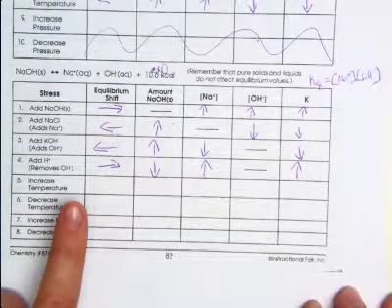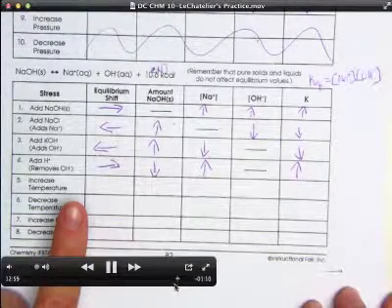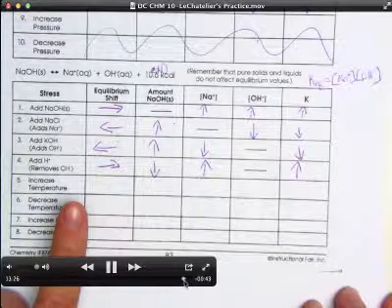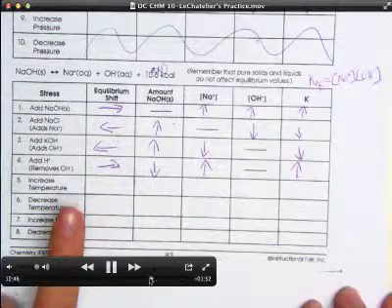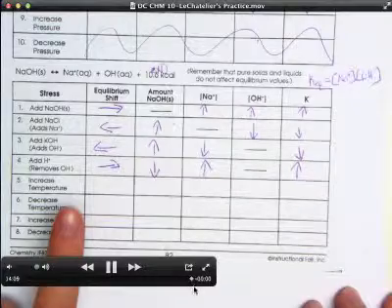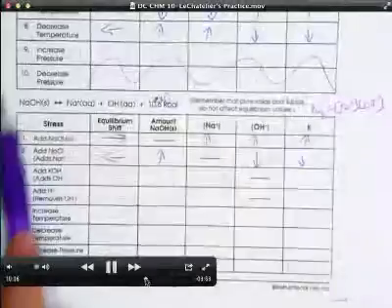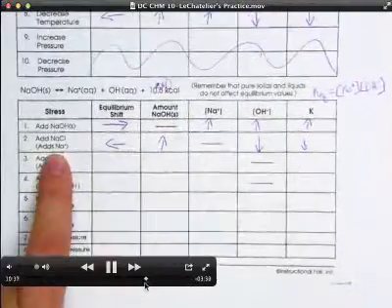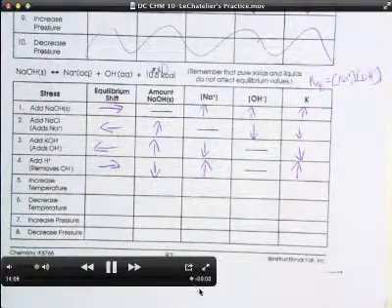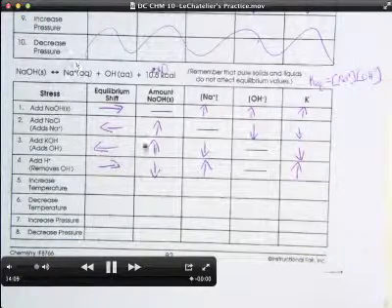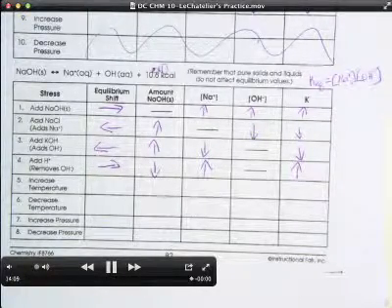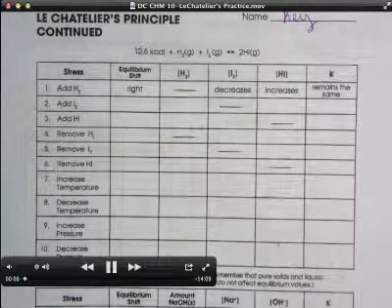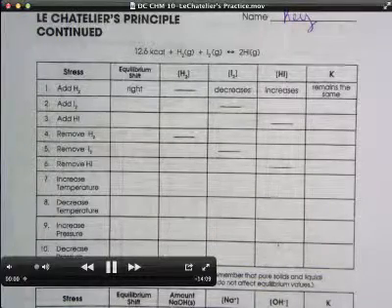Pressure. We are going to increase the pressure. We need to count the number of moles, right? So let's see here. Oh, wait. There are no gases. Is pressure going to change anything? Well, aqueous is technically in liquid form, and liquids don't compress with pressure changes like gases do. Like, say I have a water bottle and it's full. If I